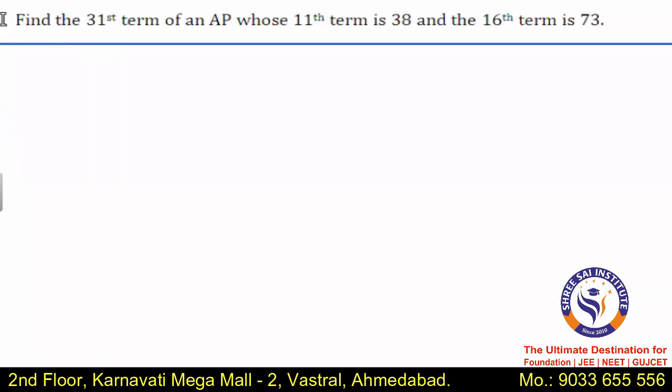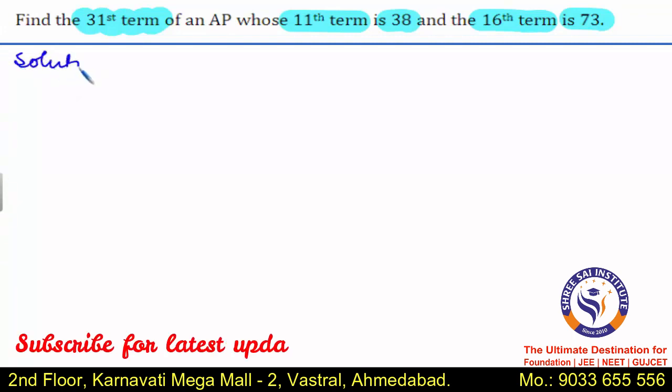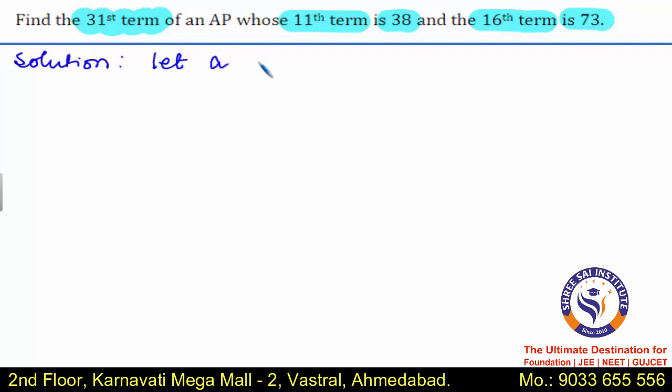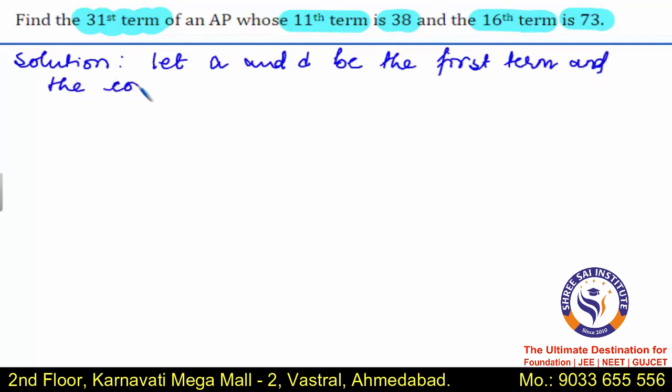In this question, we have to find the 31st term of an AP whose 11th term is 38 and 16th term is 73. Beginning with the solution, let A and D be the first term and the common difference